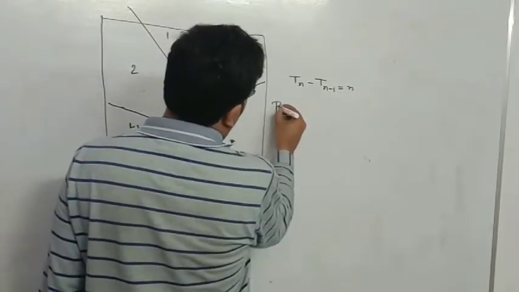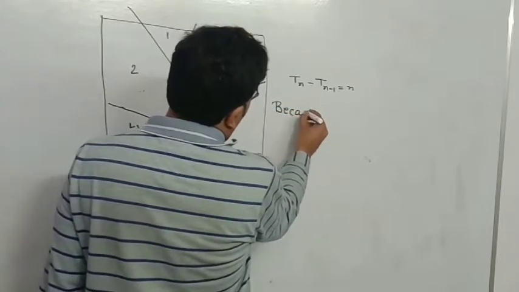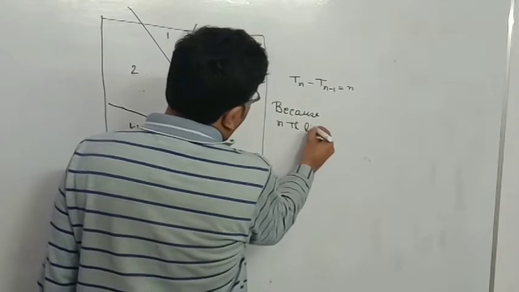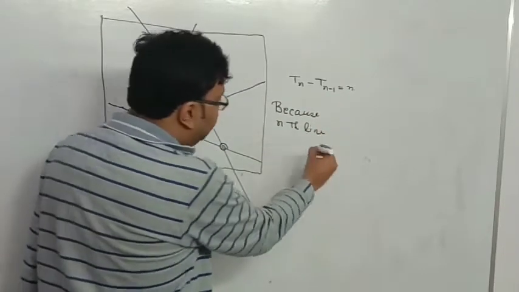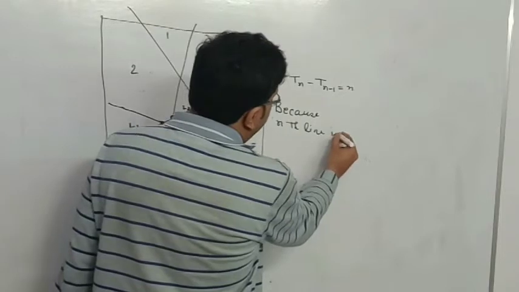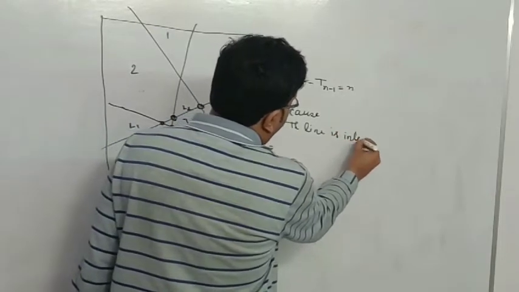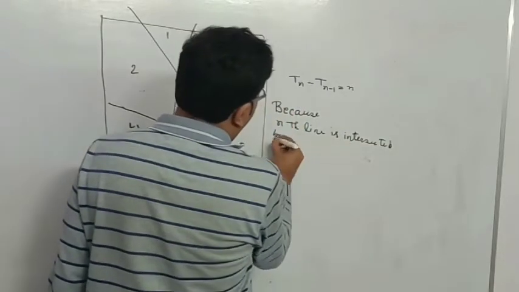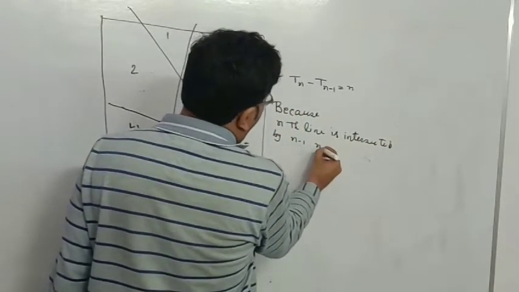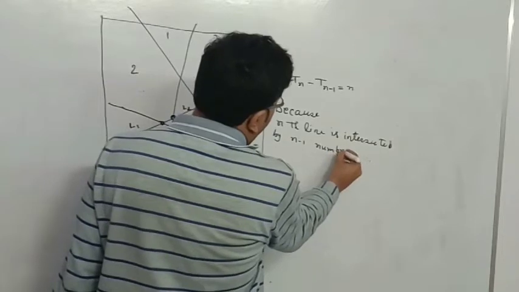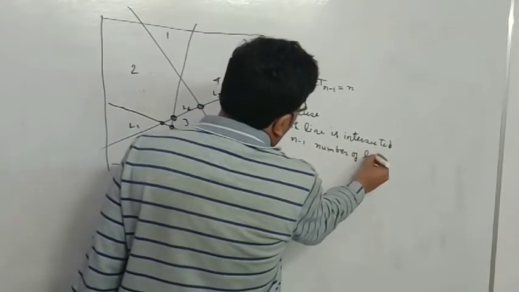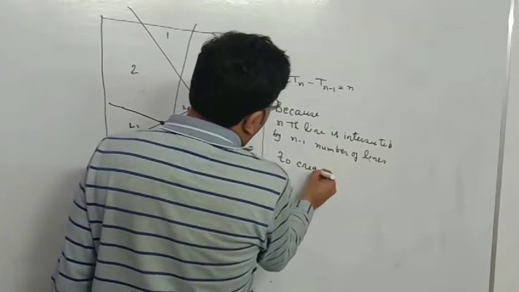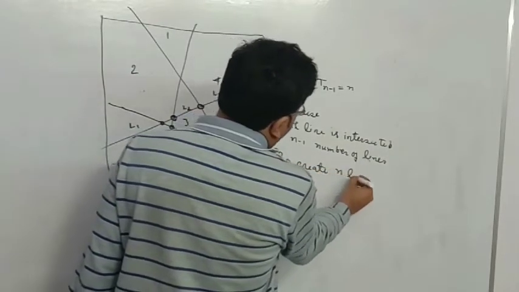Because the nth line, mind it, the nth line is intersected by n minus 1 lines to create n line segments,